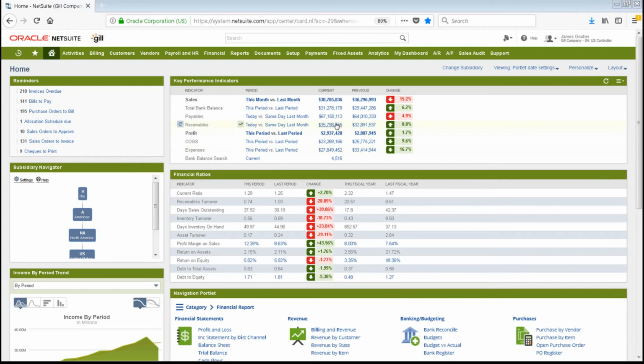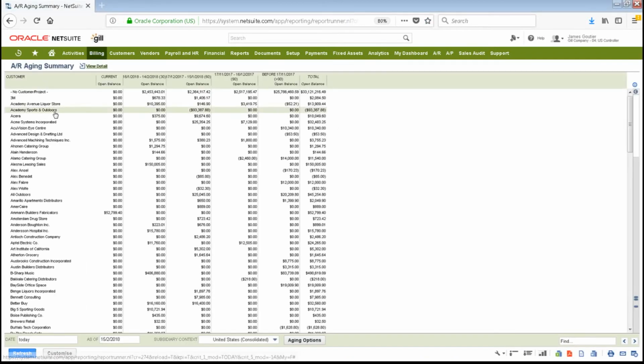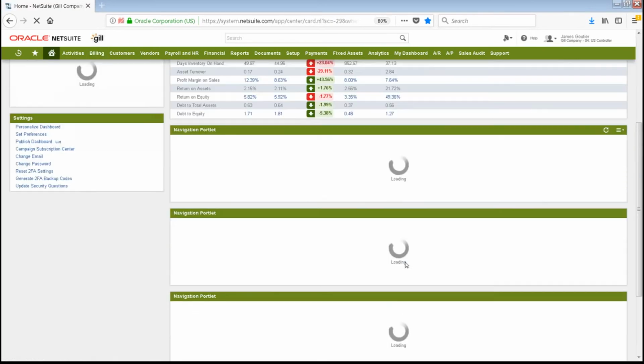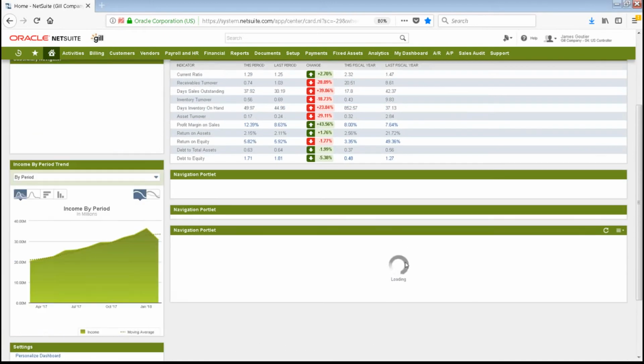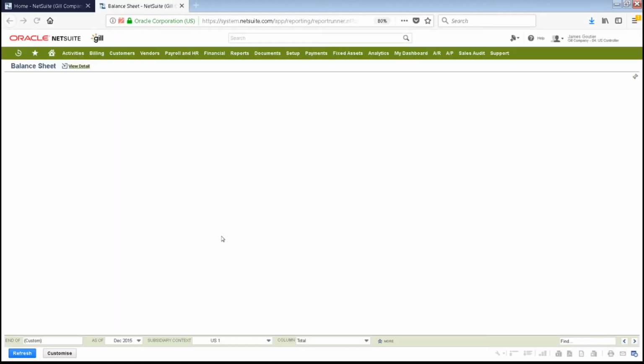And then if I go now to receivables also, it would bring me to the aging summary, right? If I go and scroll down a little bit on the financial report, I can also click here and show the balance sheet. Same also with the balance sheet, you have other of course these